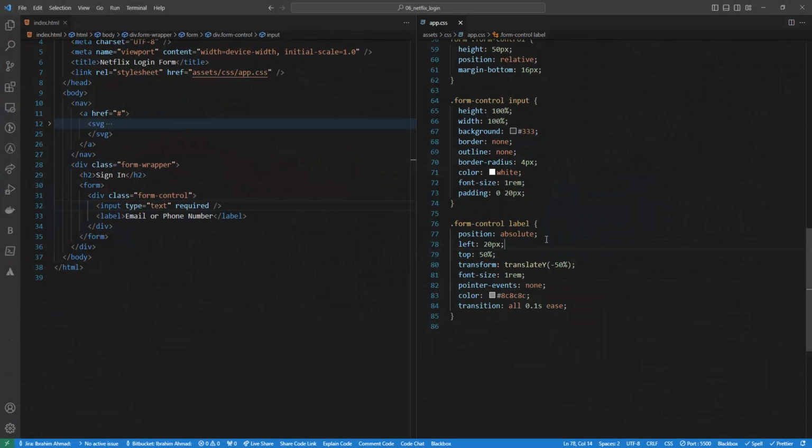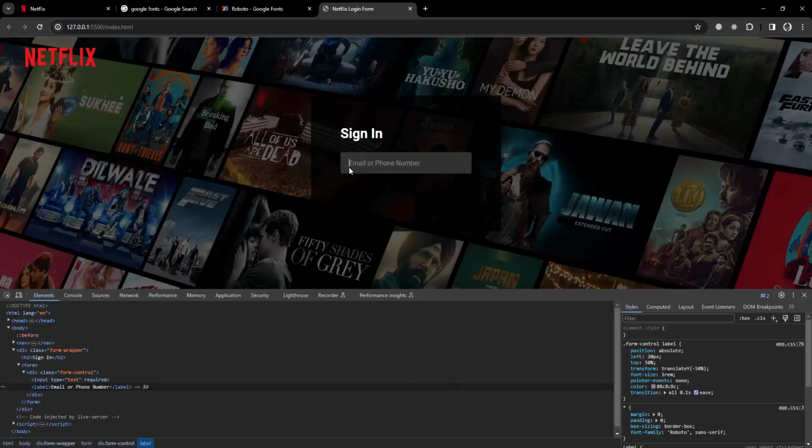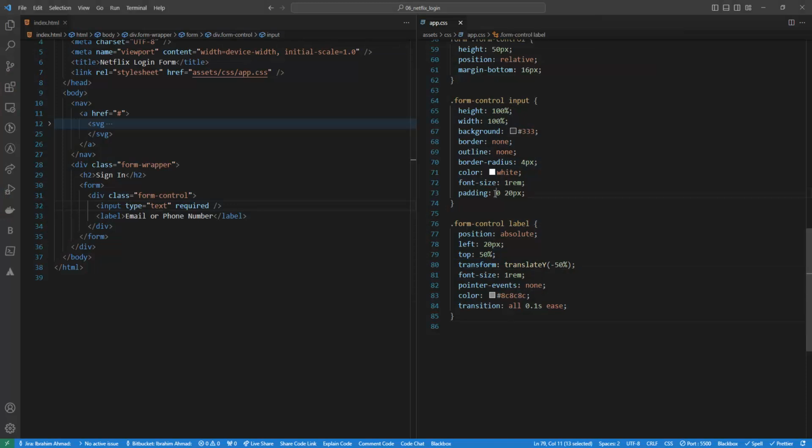So what I want to do is change something on focus. First of all, when I click here, I want to change the background color, and I want to add some padding. So I will pick up this form control from here. Let me do that. Or let's do that later. Let's work on the label first. So I'm going to copy this from here. Let me paste it, form control. And here I'm going to say form control. Inside that,